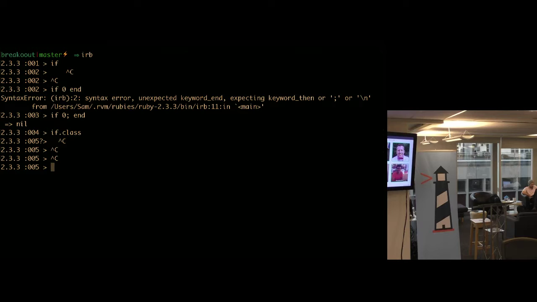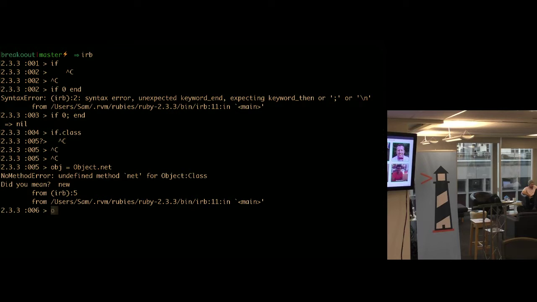How do I create a new object? Everything's an object. How do I create a new object, guys? If I want a new object, how do I create that? I could go like obj = Object.new, right? Does that create a new object? Oh, not net, new. Sorry. So what is obj?